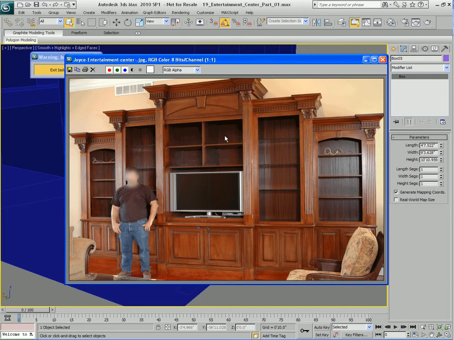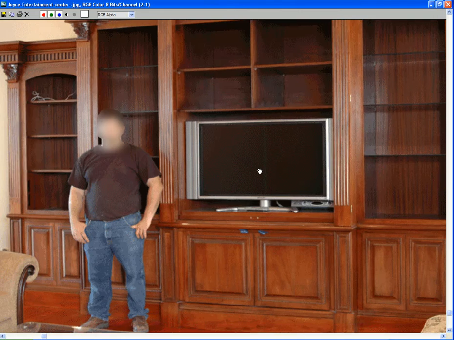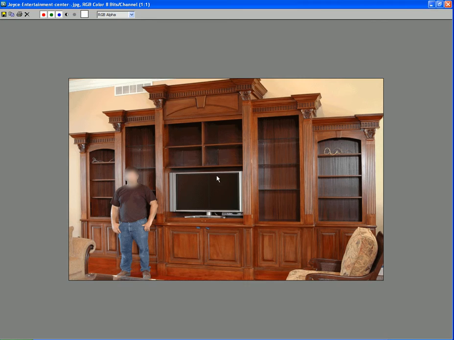Okay? So basically, I'm going to assume that this dude over here is about 6 feet tall. I'm just going to go ahead and guess that he's about 6 feet tall. He might be a couple inches shorter than that, might be a couple inches taller. I don't know. But I'm going to say that he's 6 feet tall. Okay? And with that assumption, I can use that as a sort of estimator for the rest of the measurements